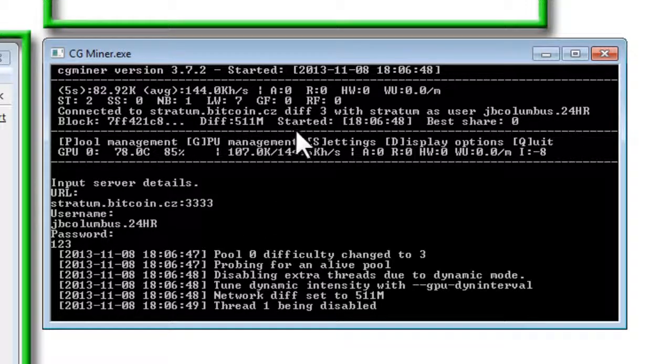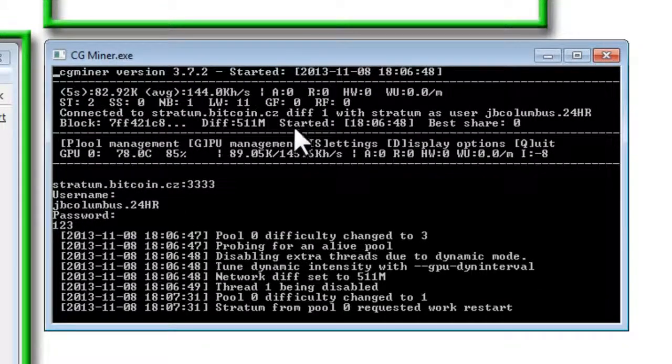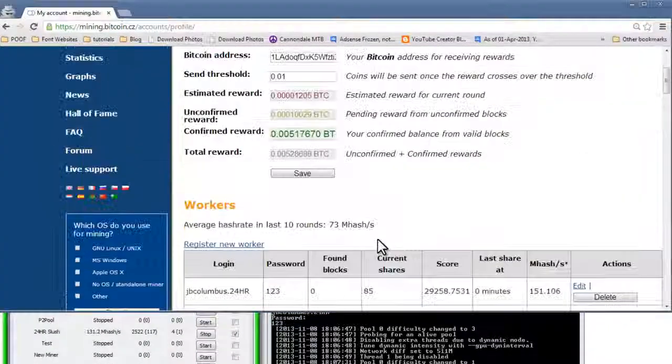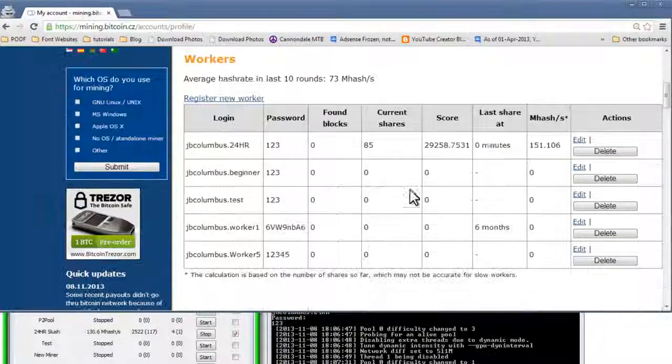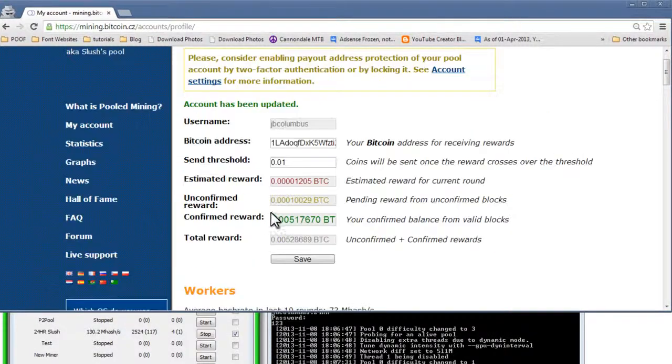You're probably wondering, well, this doesn't really look like anything. How do I keep track of anything? Well, you can see here that we have some information that will just thread up for us. And what we really want to do is go over here to our account, and this is where we're going to keep track of all of our workers, what they're doing, what the megahash per second is, just everything about our workers, and then of course all of our Bitcoin information as far as where we want Bitcoins to be deposited,